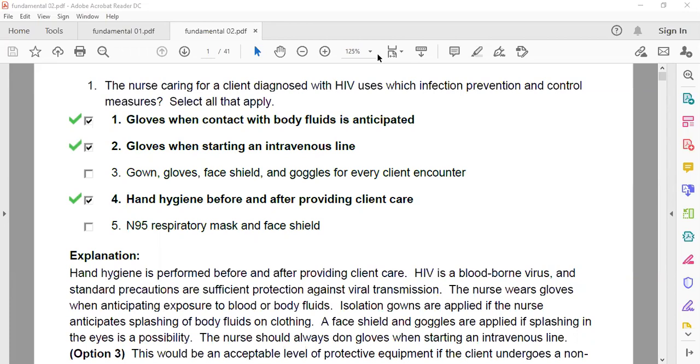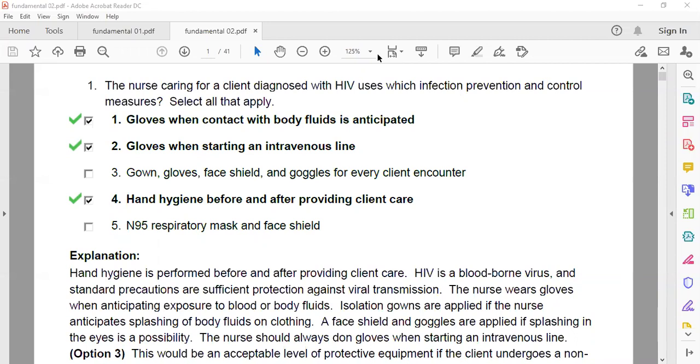But here, with HIV, the question, I said contact precautions. When dealing with a patient who has HIV, we better follow standard precautions or contact precautions. Standard precautions means hand washing, simply hand washing, and wearing gloves. But in some conditions, in contact precautions, we use gloves and gown, and the patient, if possible, gets a